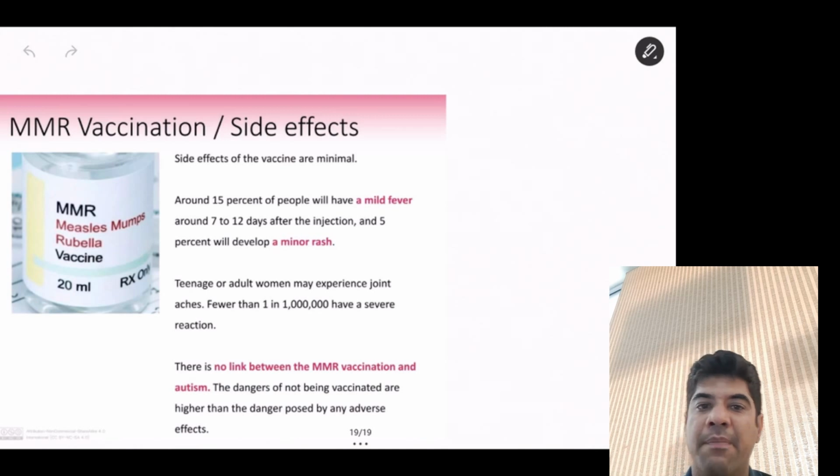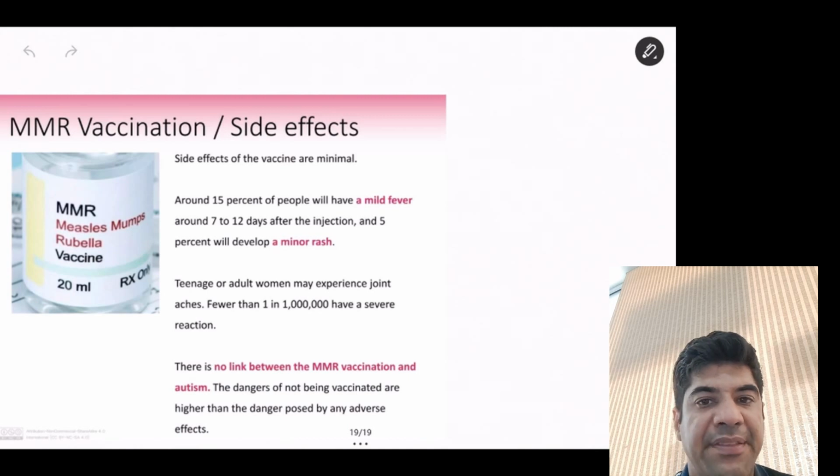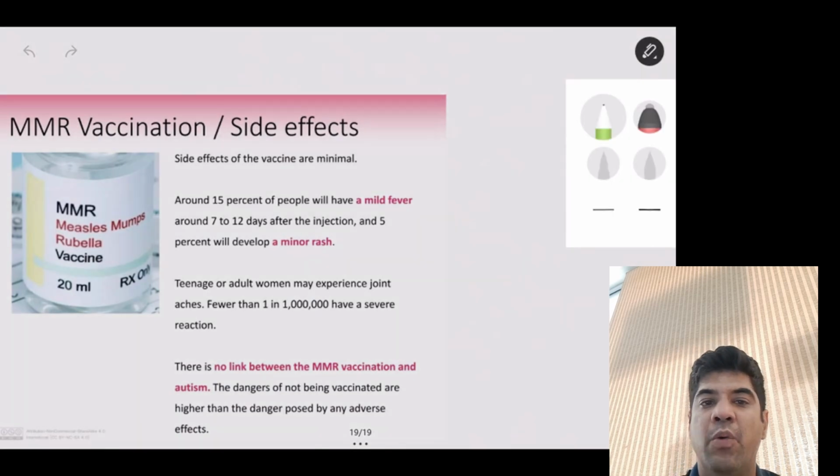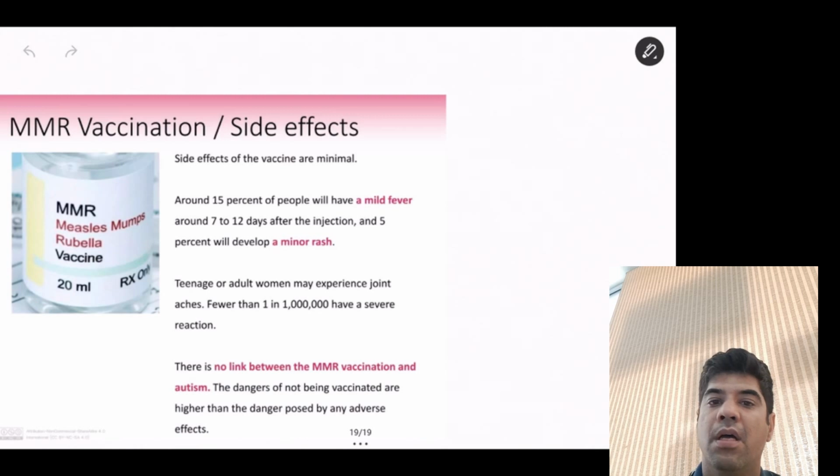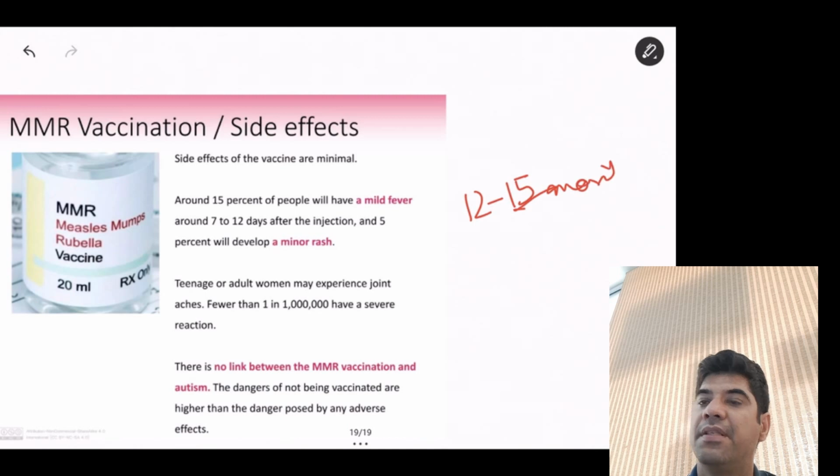As for complications, if a woman is pregnant, it can lead to CRS, congenital rubella syndrome, that can cause birth defects, deafness, heart defects and cataracts in the children. The MMR vaccine, which consists of measles, mumps and rubella, is highly effective in preventing rubella. It is given in 2 doses. The first dose is given at around 12 to 15 months and the second dose is given at the age of 4 to 6 years.